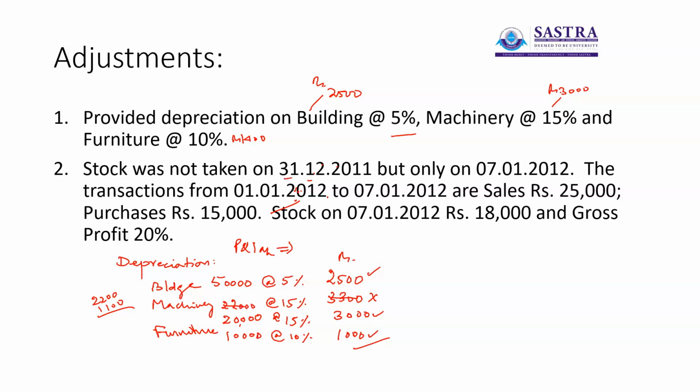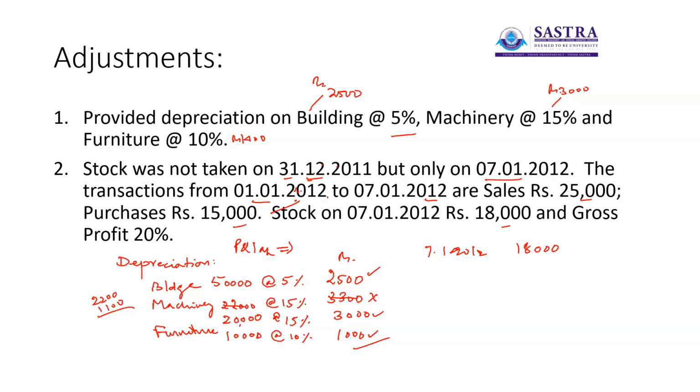It is given stock was valued on 7th January. And transactions from 1st January 2012 to 7th January 2012 are given pertaining to sales, purchases and stock on 7th January 2012. Stock was not valued at the end of the year. It was valued on 7th January 2012. So closing stock to be taken as such on 7/1/2012 as 18,000,